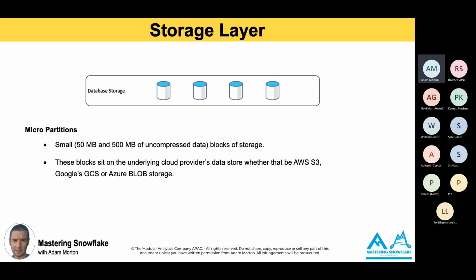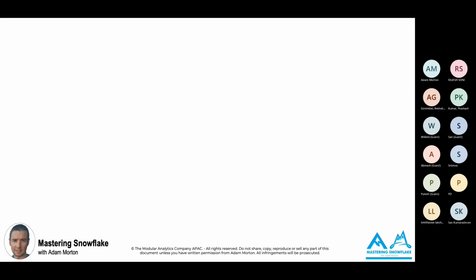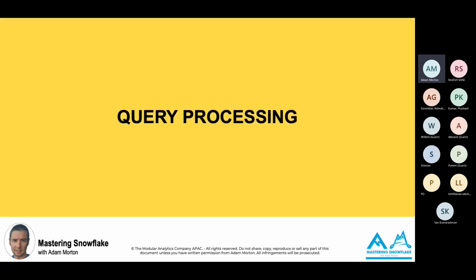So when you load data onto Snowflake, Snowflake is a managed service. Behind the scenes, Snowflake will distribute that data into these very small micro partitions, which sit essentially on Amazon S3, Google Cloud Storage, or Microsoft Azure Blob Storage behind the scenes. You never see that, you never interact with those cloud services, but it's helpful to know where that data lives and how it works. So once your data is in Snowflake, then you need to do something with it.